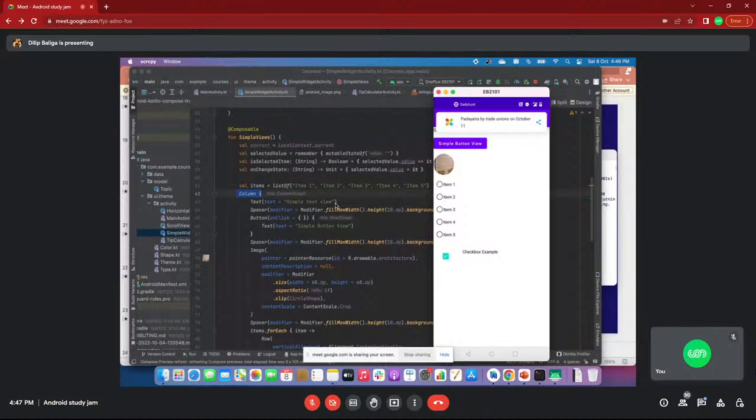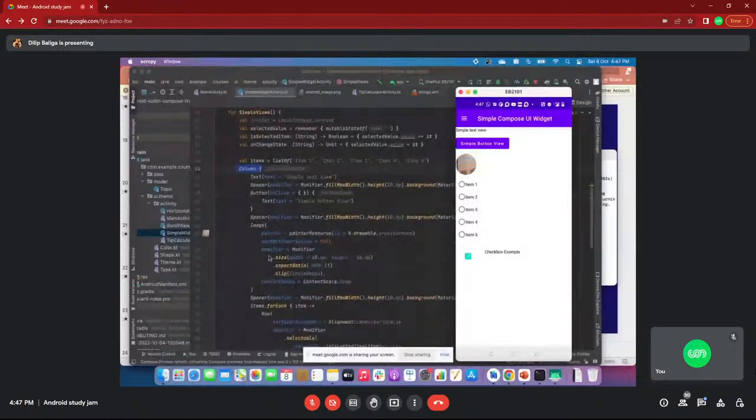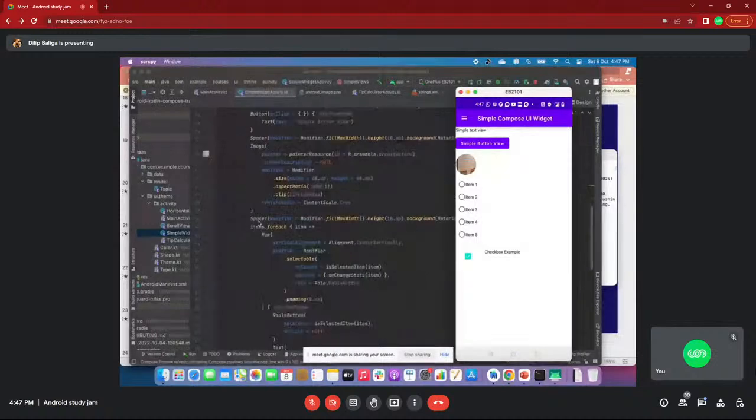I'll go to next. And Button, see, I created a button. Again I specified the spacer. Again I created the image. For Image, the necessary point is that you are supposed to provide the drawable. And again here the spacer.